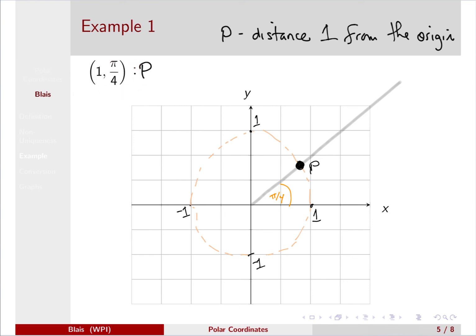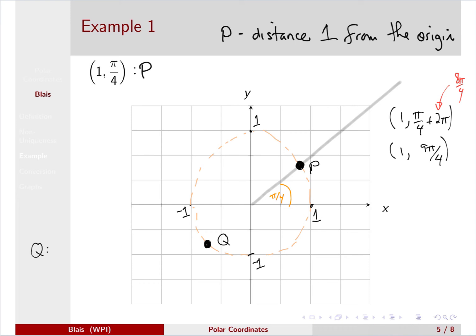So we could also represent it as (1, pi over 4 plus 2 pi). If we do pi over 4 plus 2 pi, we can rewrite as 8 pi over 4. Wait, that is 9 pi over 4. So this would be the point (1, 9 pi over 4). Or if you wanted to reflect through the origin to get our point Q, like we had in the previous picture,